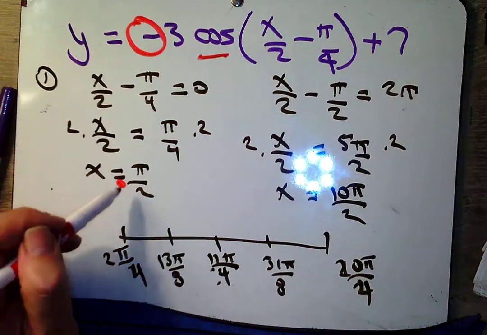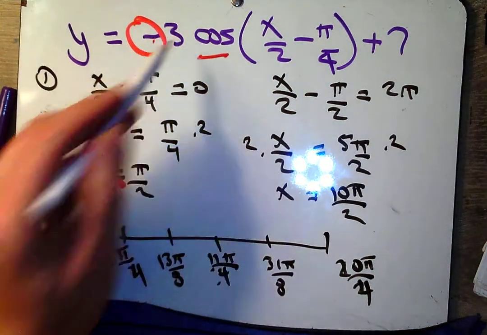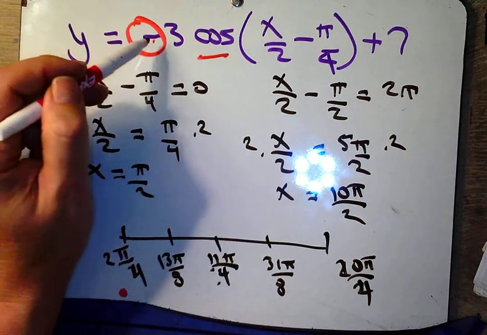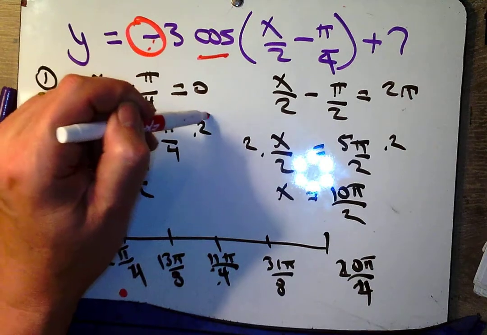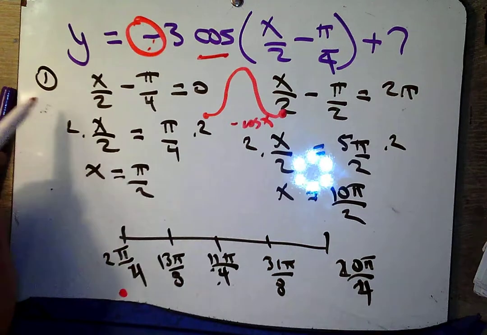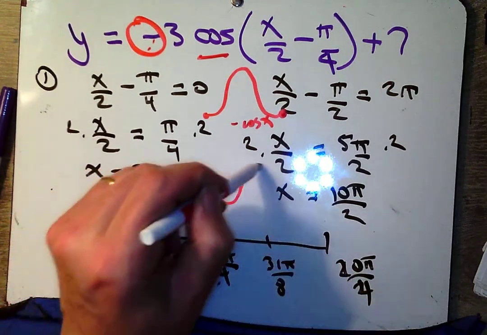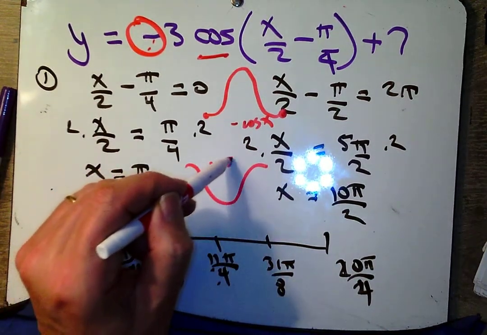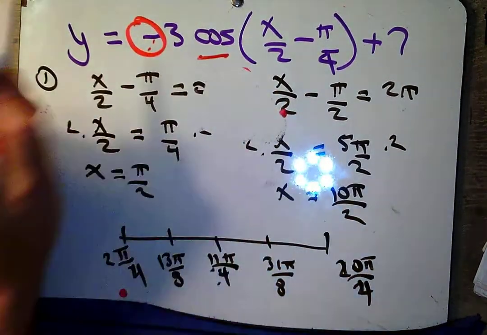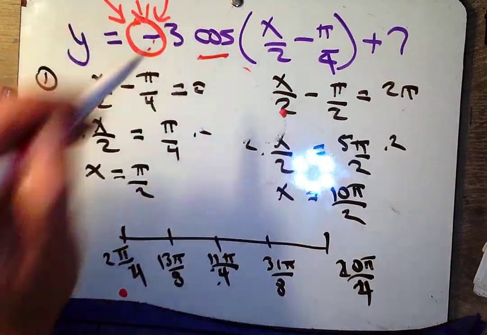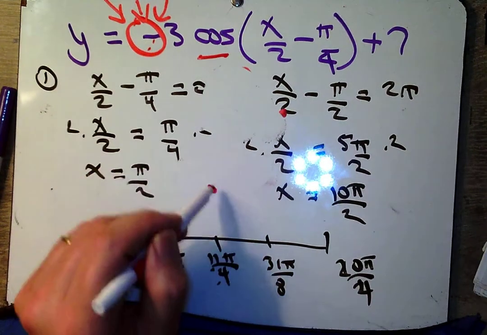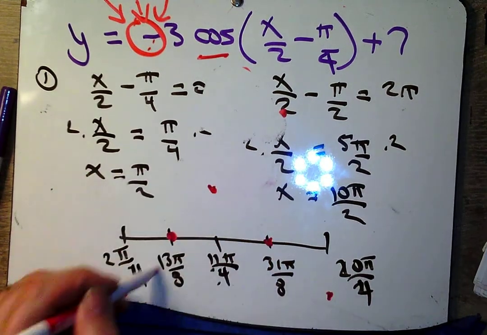This negative multiplies that y value by negative 3, and so now I'm starting down here. So negative cosine has this shape, whereas positive cosine has this shape. Okay? They're just reflections of each other. But no one's going to tell you, hey, watch out for that negative. That means I start low, go to the midline high, and then back down